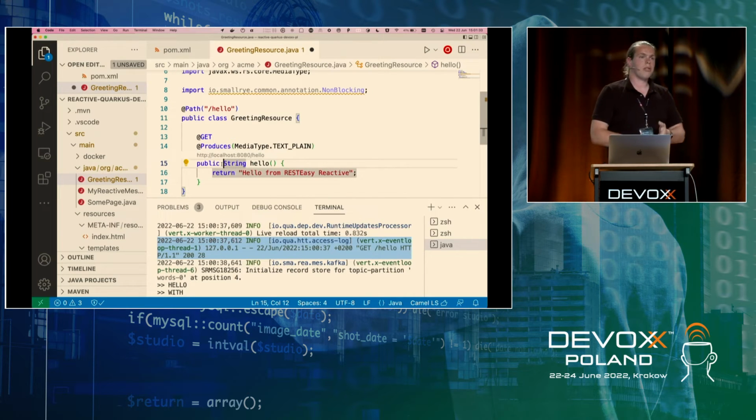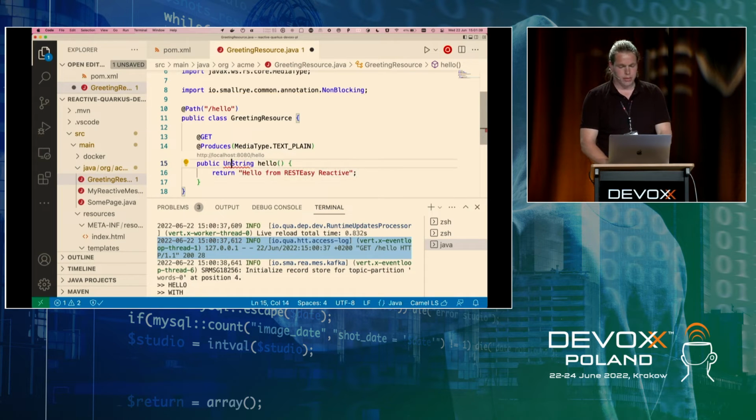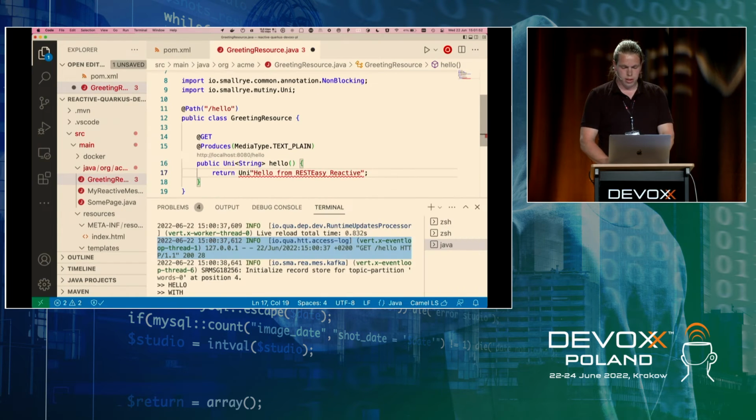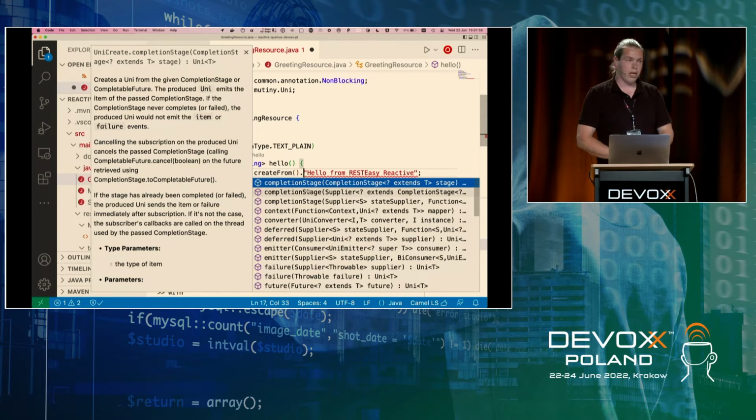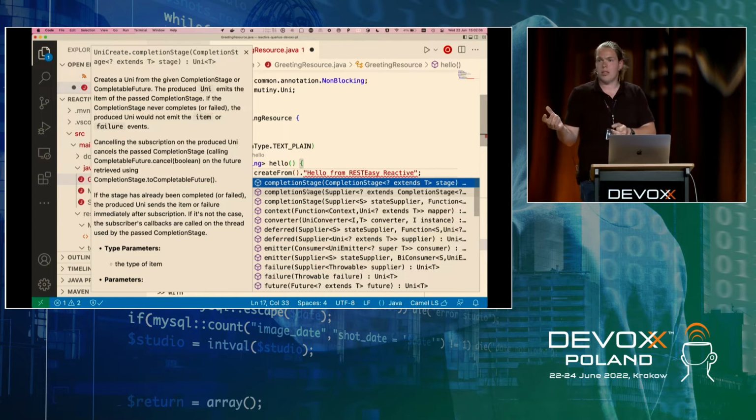But I was talking about using Mutiny, the reactive programming library. So what we can do instead is say, give me a Uni of this string. So give me, sometime in the future, a Uni of this string. Well, we need to write some code around that. So we say, make a Uni, create from, and then we have a bunch of things that we can create it from. So if you have some legacy code around using completion stages, for example, that you want to combine, or some library that does only completable futures, you can just hook them in and transform them to a Uni.